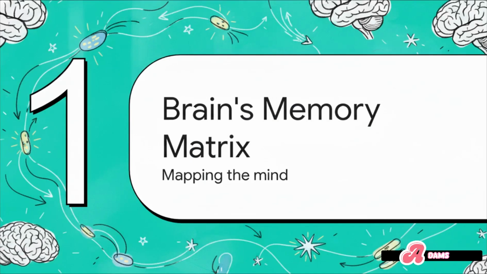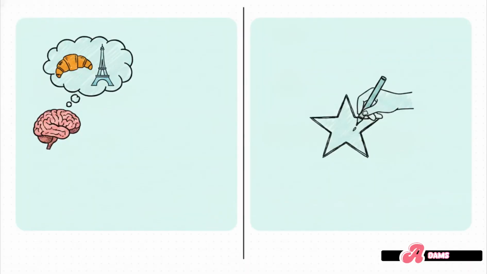All right, Section 1, the brain's memory matrix. Let's dive right in and actually map out where these memories live in the physical architecture of your mind. Before we start poking around brain regions, we really need to distinguish between our two main memory systems. First up, we have explicit memory. These are the conscious facts and events you can declare outright, like what you had for breakfast or knowing the capital of France. On the flip side, we have implicit memory, which operates entirely under the radar, unconsciously executing motor